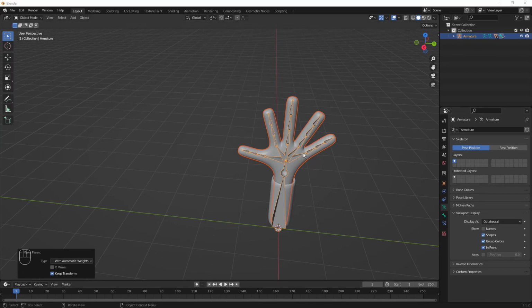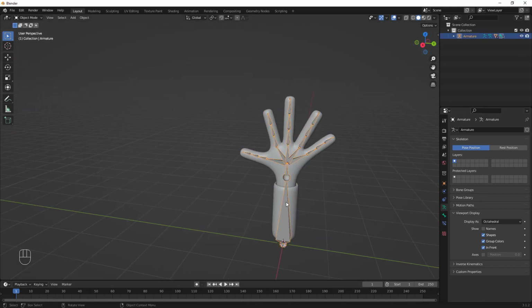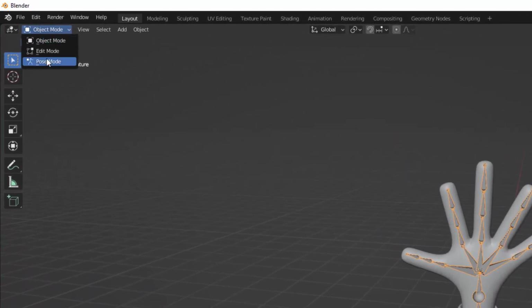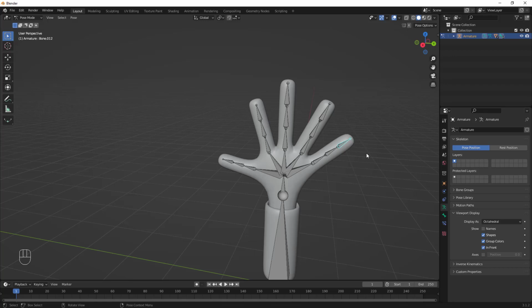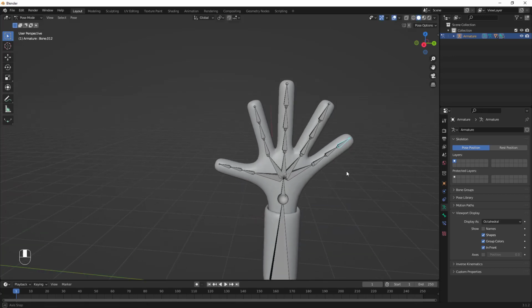So to see that in action, let me select my armature and let me go into pose mode. When I move, I hold G and move. You see the geometry of the hand moves along with my armature, my bone. So you can pose your hand however you want and have fun with your hand